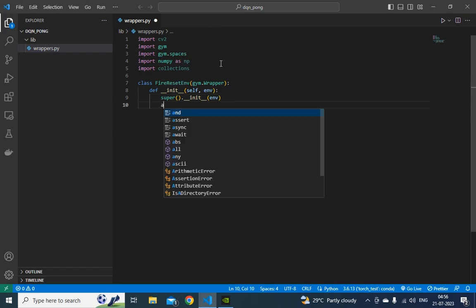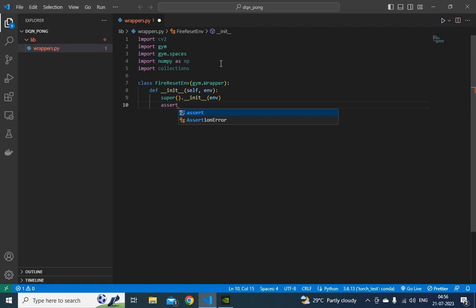Now we'll check for some assertion conditions: assert env.unwrapped.get_action_meanings()[1] equals FIRE, and one more assertion,